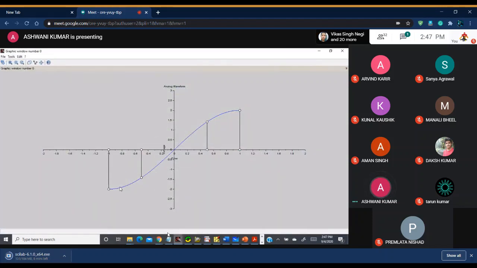This is the analog waveform, and these are the pulse signals.